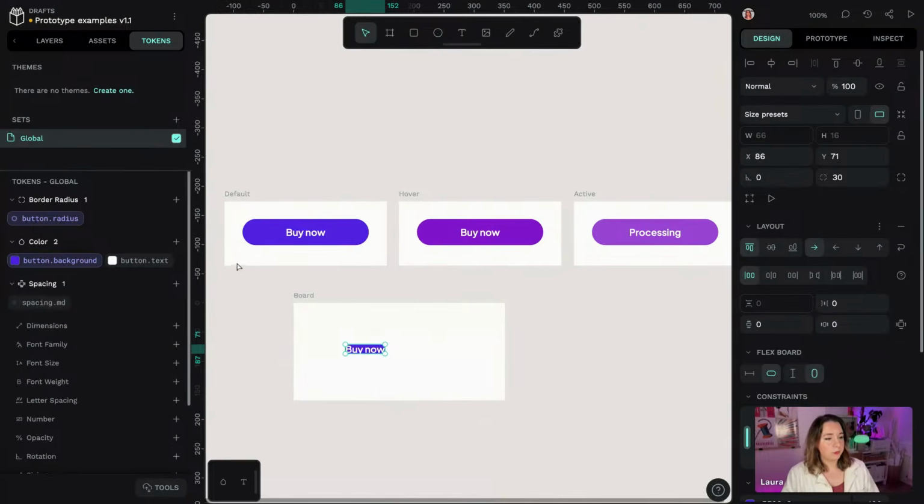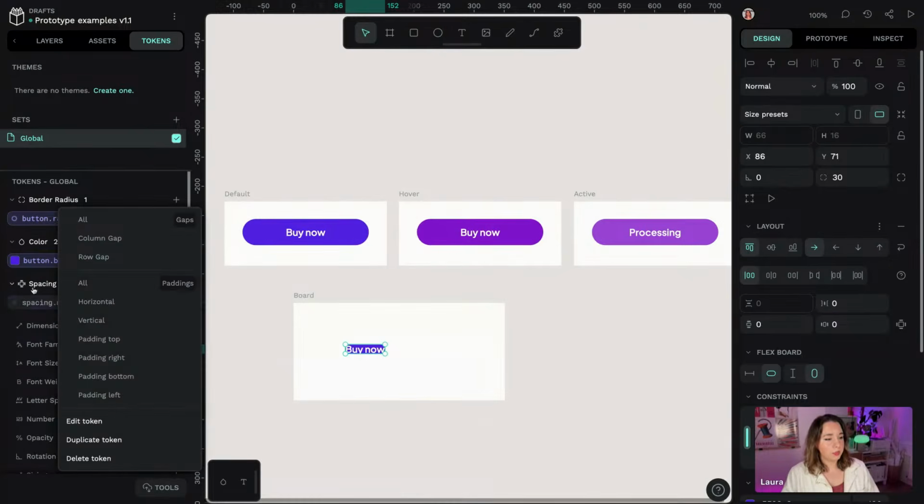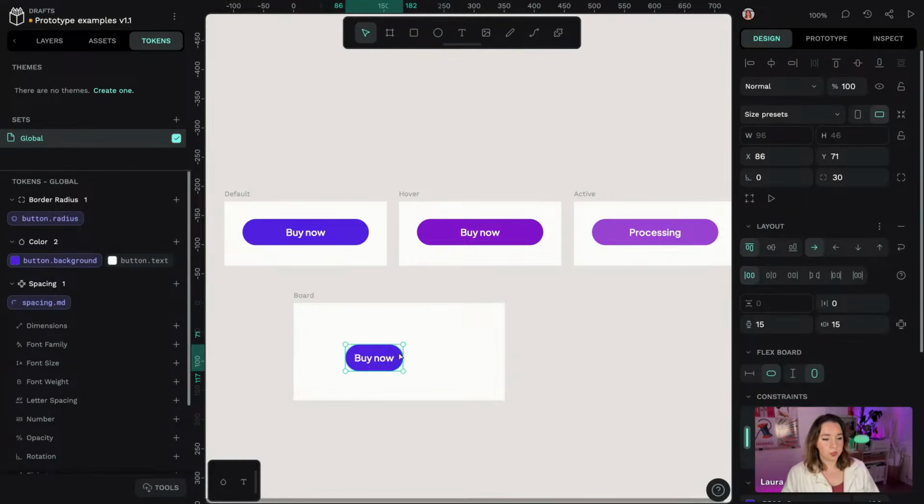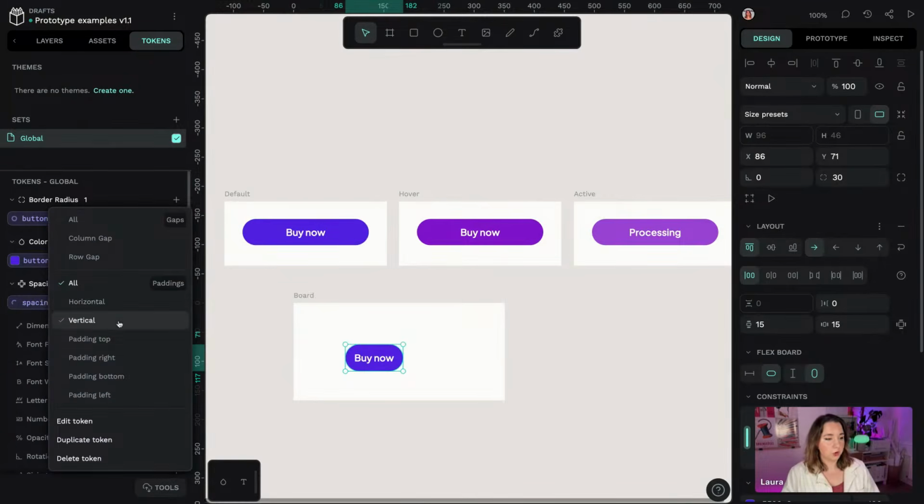And then if I want to apply that, you see if I right click on my token, I could apply it to the gaps, but there's no gaps in this layout right now. I could apply it to all of the padding. So that goes on top and right and bottom and left. Or I could just do the horizontal or just the vertical. And maybe